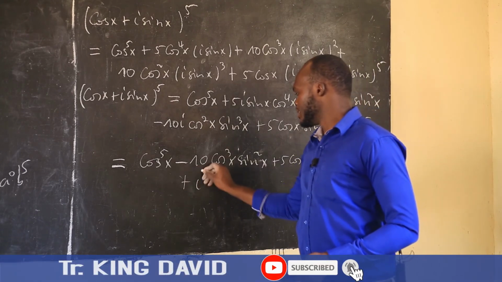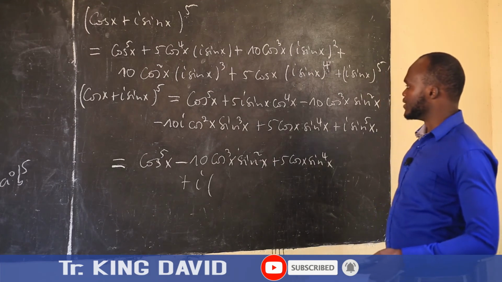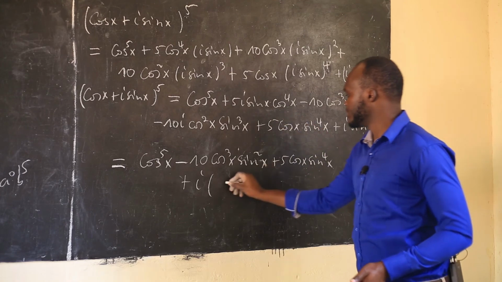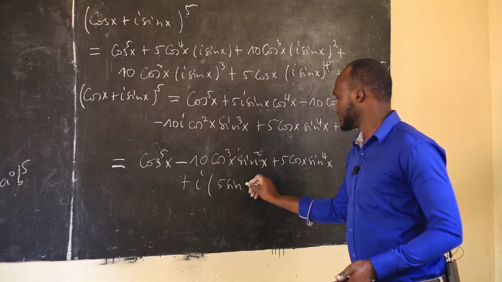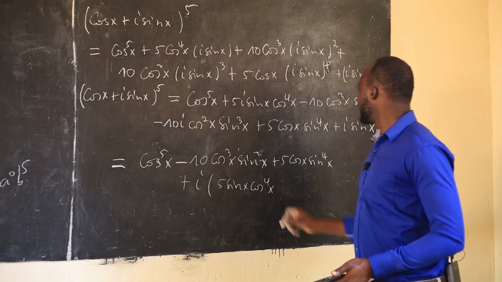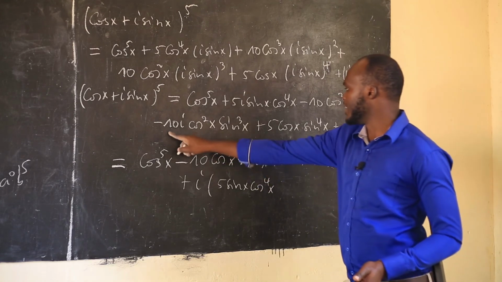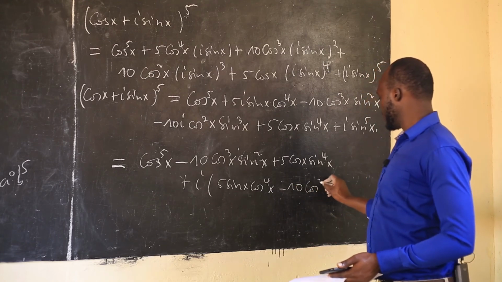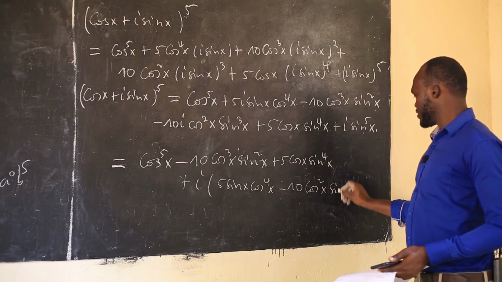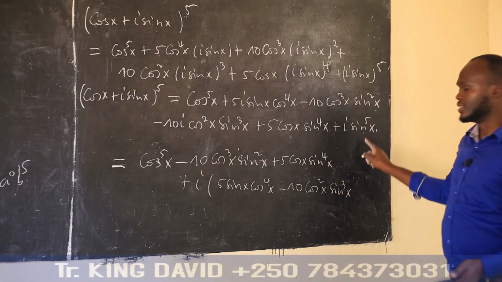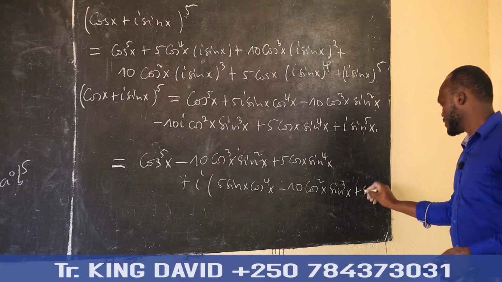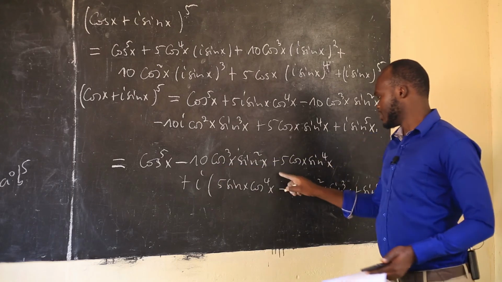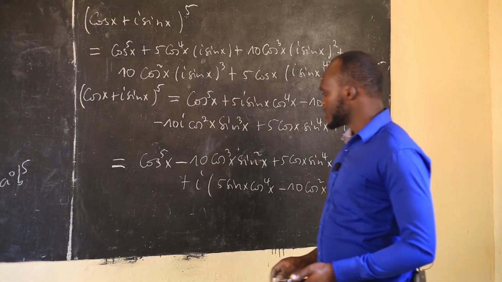Plus, I'm going to consider the imaginary part only now. The first imaginary part is 5 sin x cos power 4 x. Another part is minus 10 cos squared x sin power 3 x. Another part is sin power 5 x. So real part plus imaginary part. So this is the value of